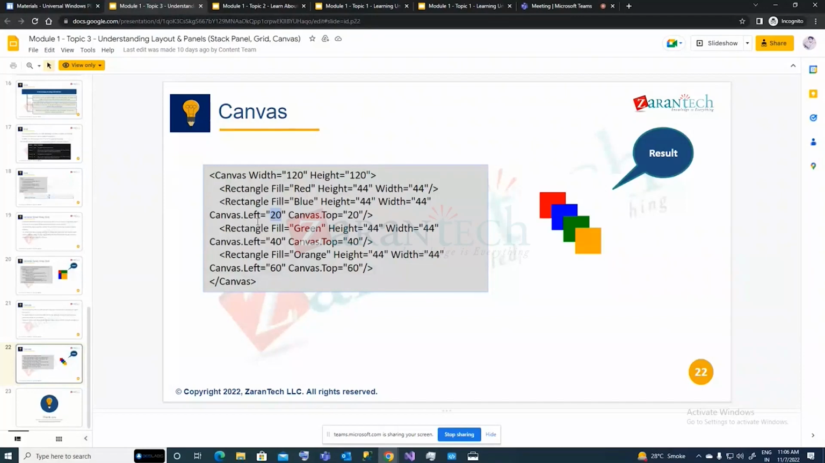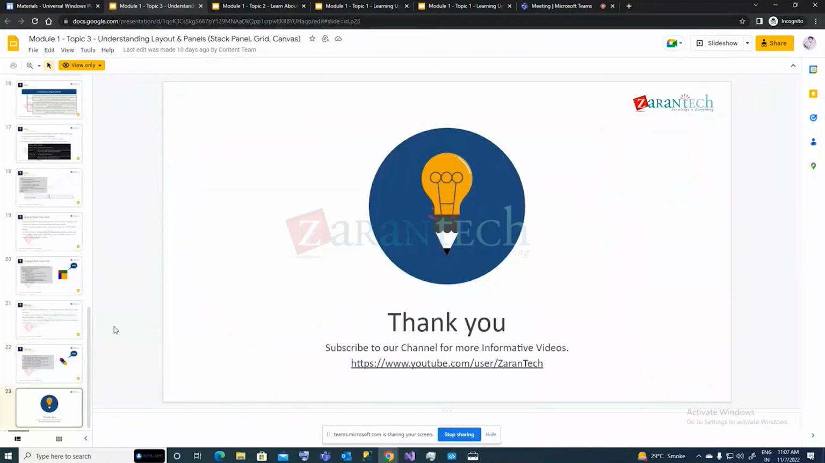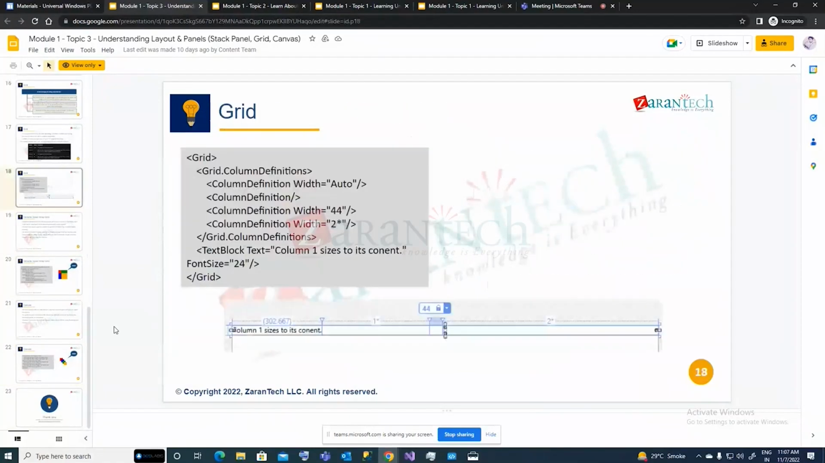So it has a margin of 20 from the left and 20 from the top, so it will take 20 margin from here, 20 margin from here. Okay, so you can see accordingly it will work in this way. Okay, now we will go back to